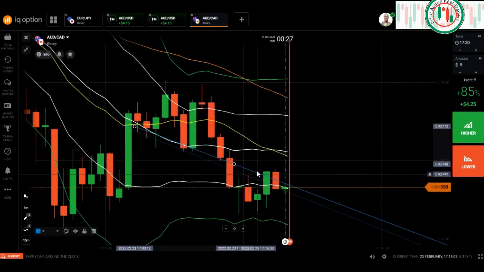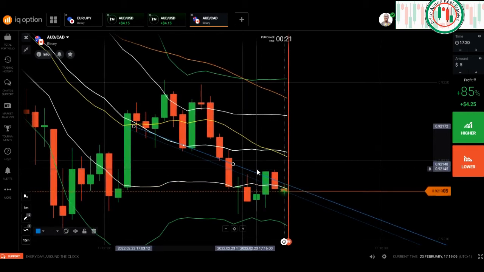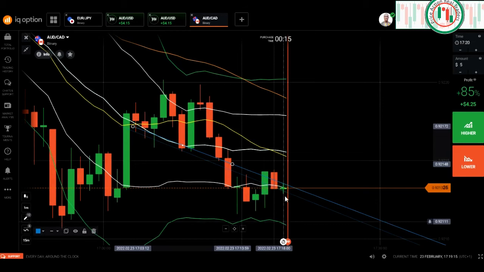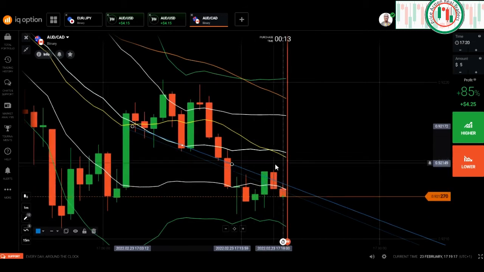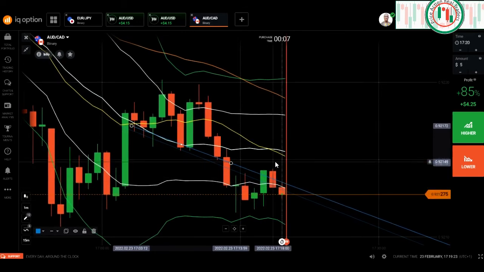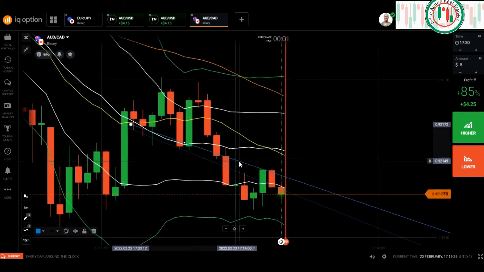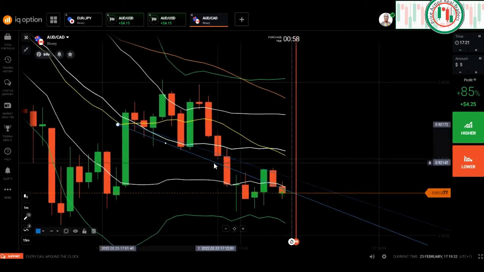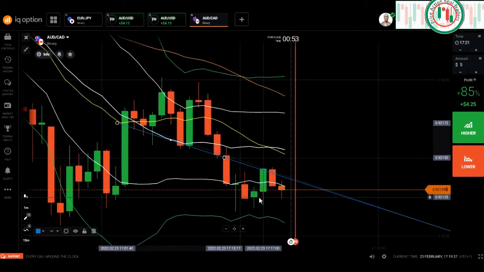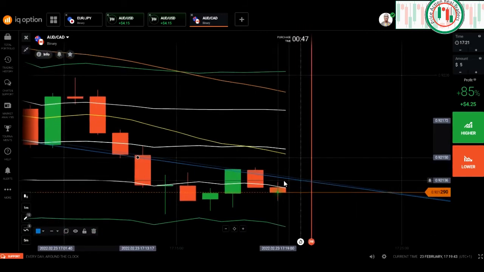So here is a fake breakout of this level. Maybe let me wait because we are far away from 2 deviations. So here the market is trying to go up, but if this candle is a red candle, I know it's pulled back from this neckline. If the market creates a red candle, I know it's pulled back from this neckline. Even though here are buyers, I know sellers must enter. If this candle is red,